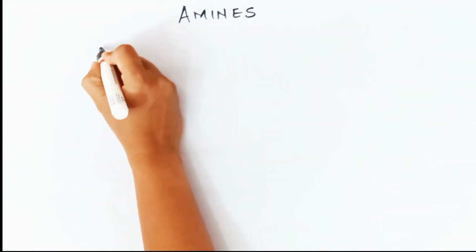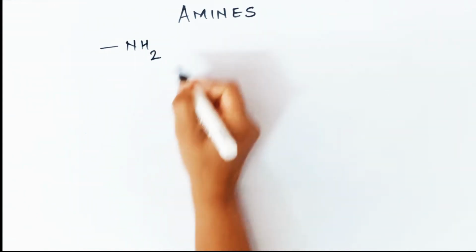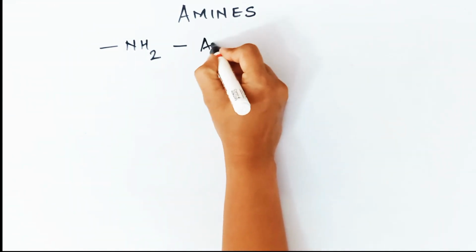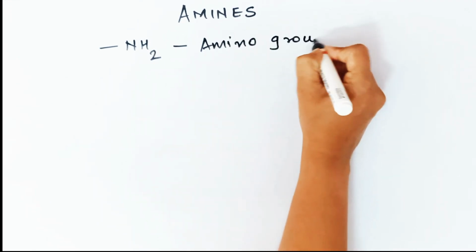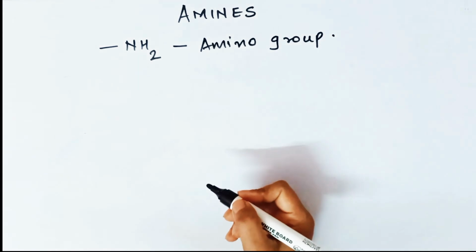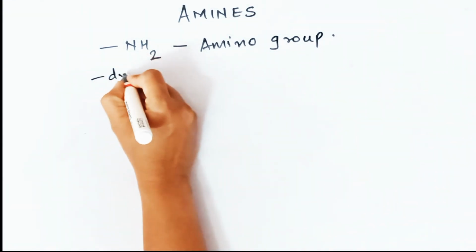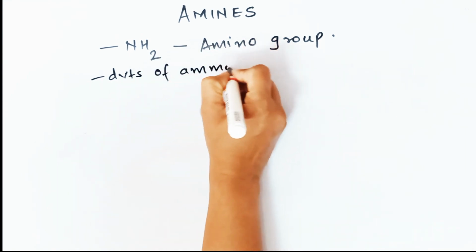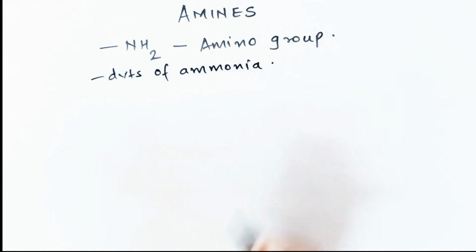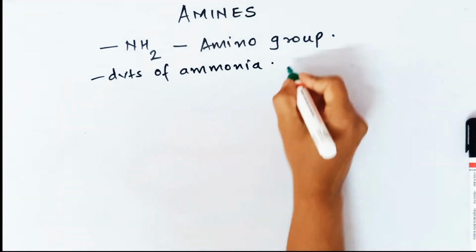When we talk about amines, they have the general functional group NH2. This is called amine or it's called amino group. And we have amines as derivatives of ammonia. They are called derivatives of ammonia. What does this mean? Now when we say they are derivatives of ammonia, everyone knows what's the formula of ammonia. It is NH3,